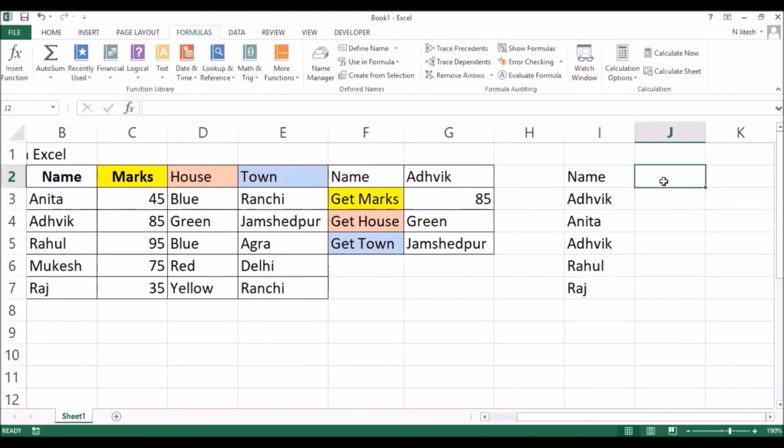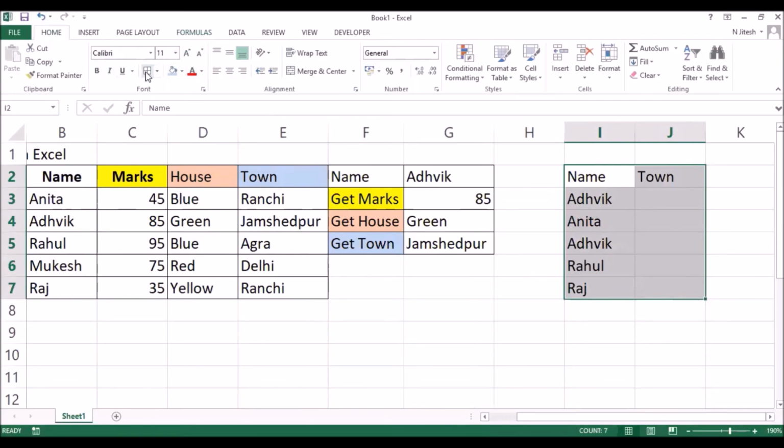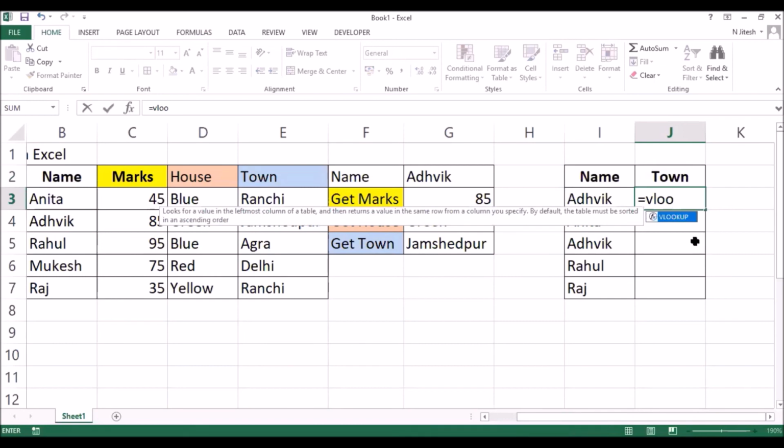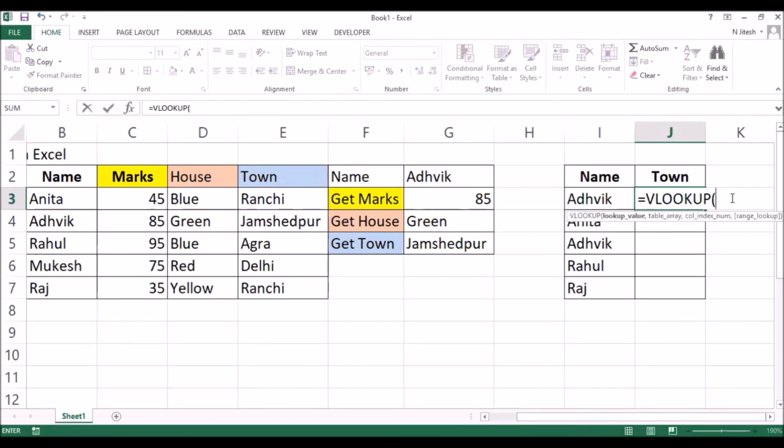And what I want is the town should come up here. Okay, so there can be repeated values also here. Okay, so what I will do, very simple, you already know the formula now. It will be equal to VLOOKUP. Okay, the value will be this.